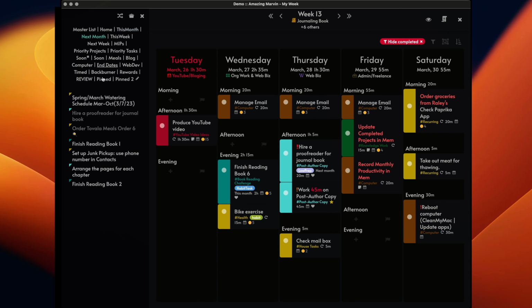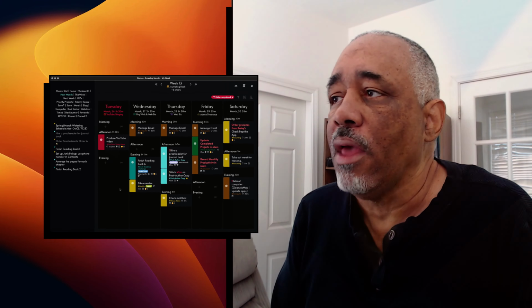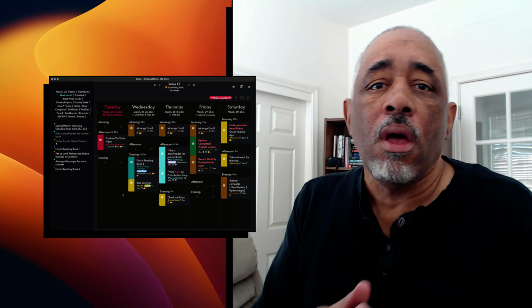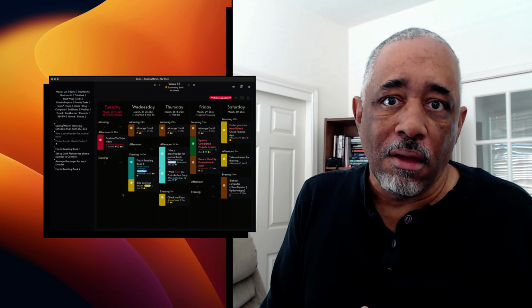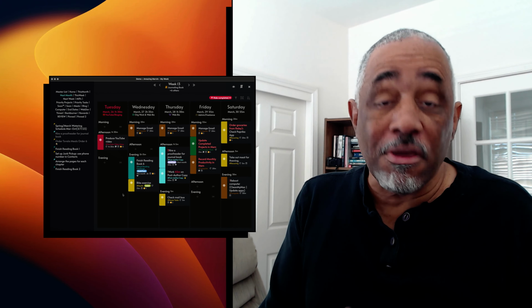So next month you'll see all those tasks we just saw, right? All I got to do is take these and assign them, schedule them when I'm ready to do them. So in the monthly planner, you're just planning to do it, but in the scheduler, you're scheduling to actually get it done, right? And so that's how I'm getting work done with Amazing Marvin,